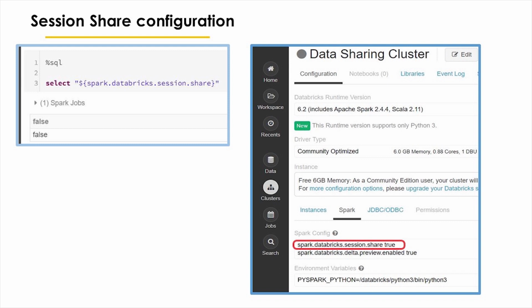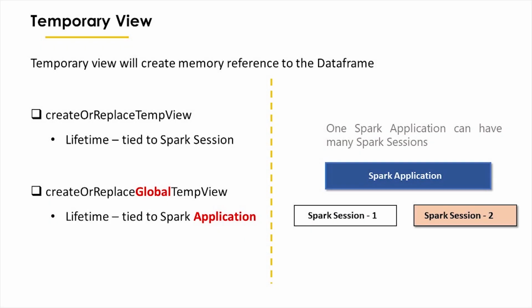If you are not using a Databricks cluster, a Spark application can be considered as a single batch job. It can contain more than one Spark session. So usually we will be developing this Spark code using IntelliJ or any other IDE environment. There, each application you are creating represents a single batch job. So the global temporary views will be used to share the data between multiple Spark sessions.